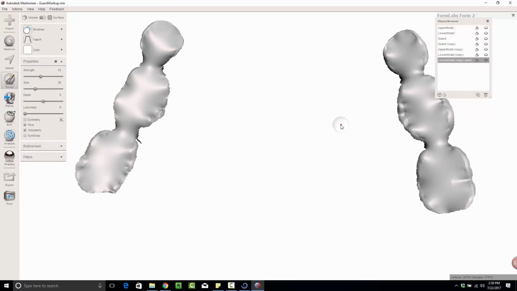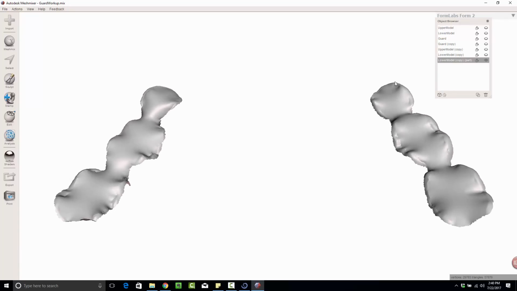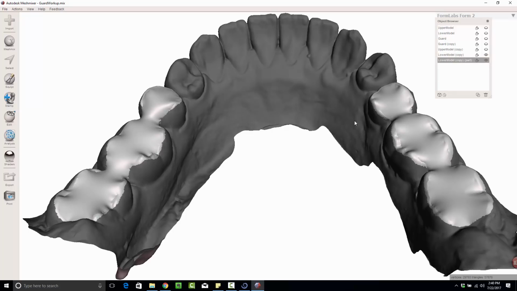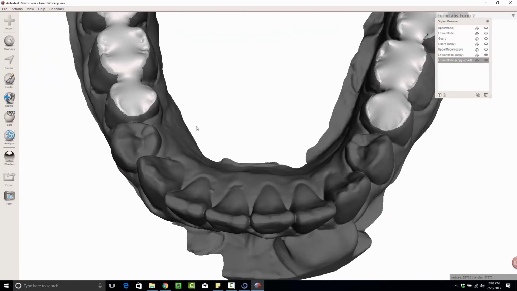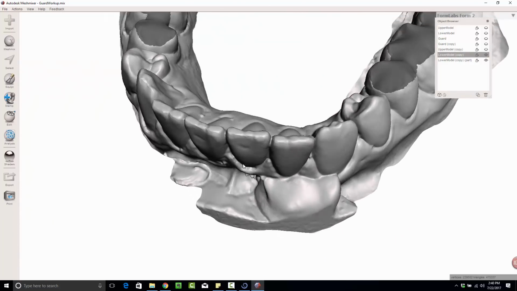So that's all I've done there. And that's it. So hit the escape button and I'm out of any sort of edit mode. Now I can go ahead and turn this back on because I'm going to do one more thing. I'm going to come out here and I want this guard